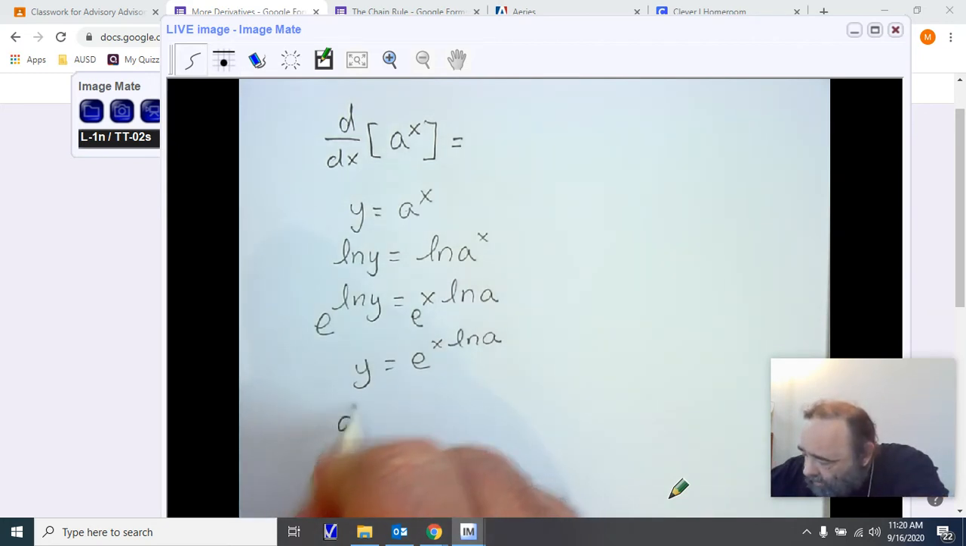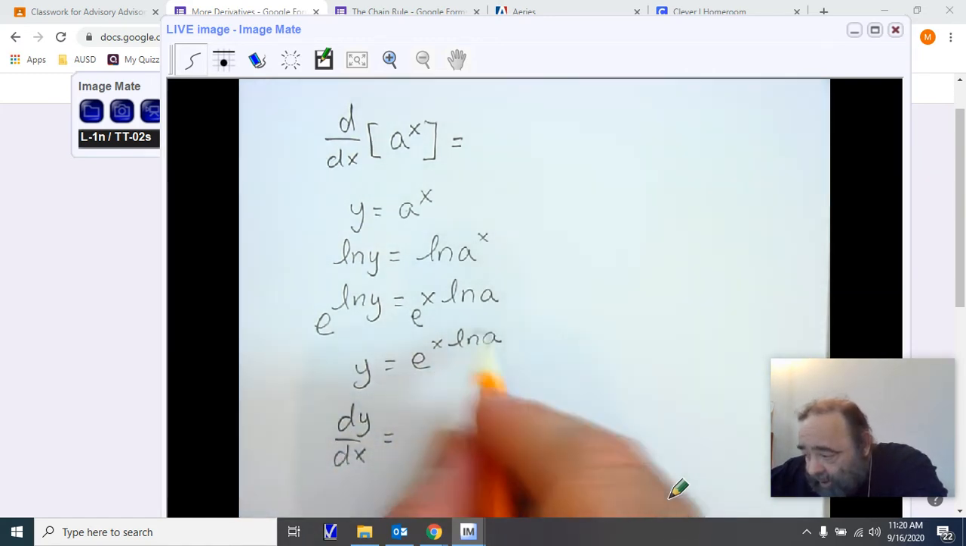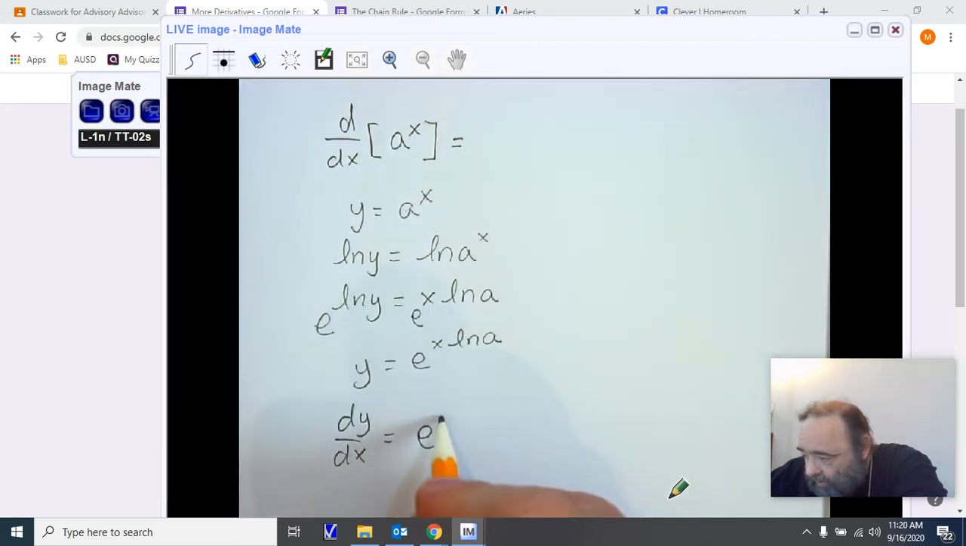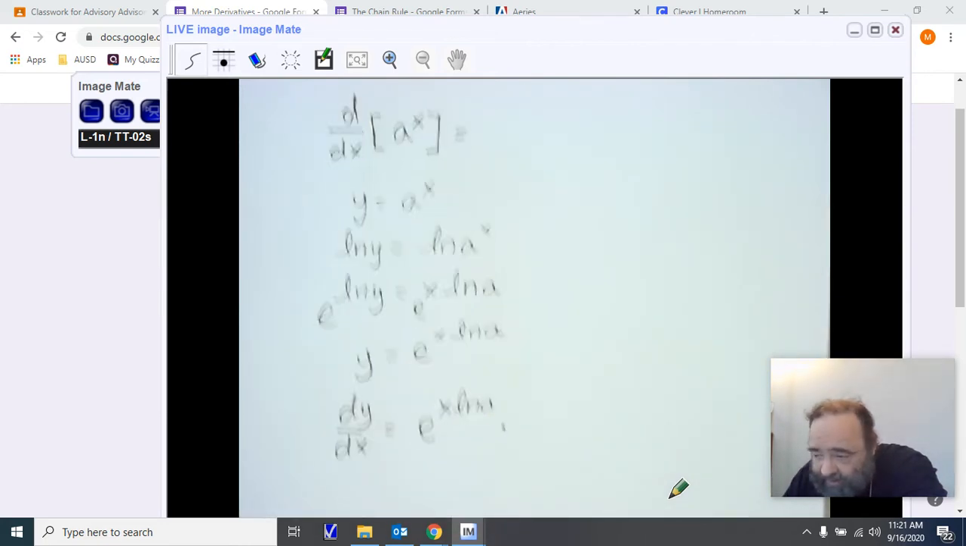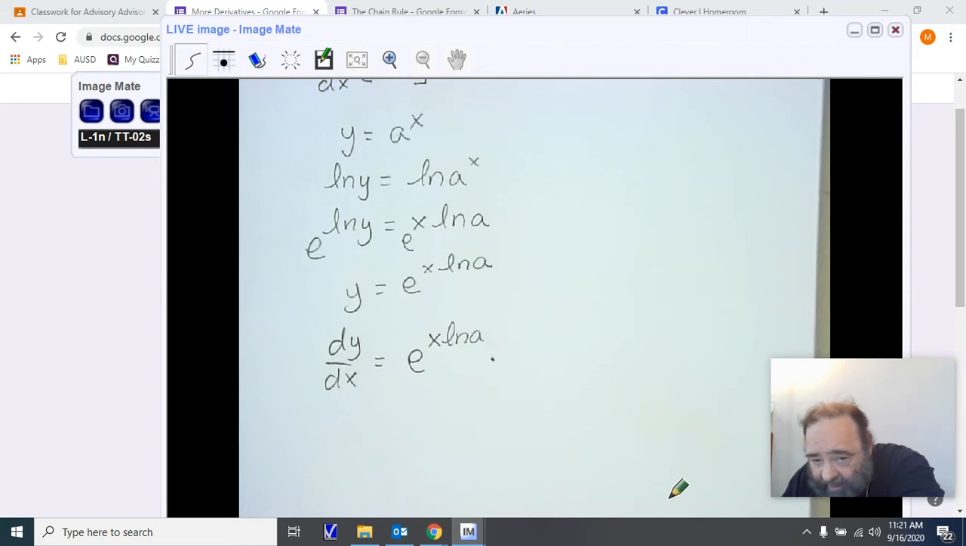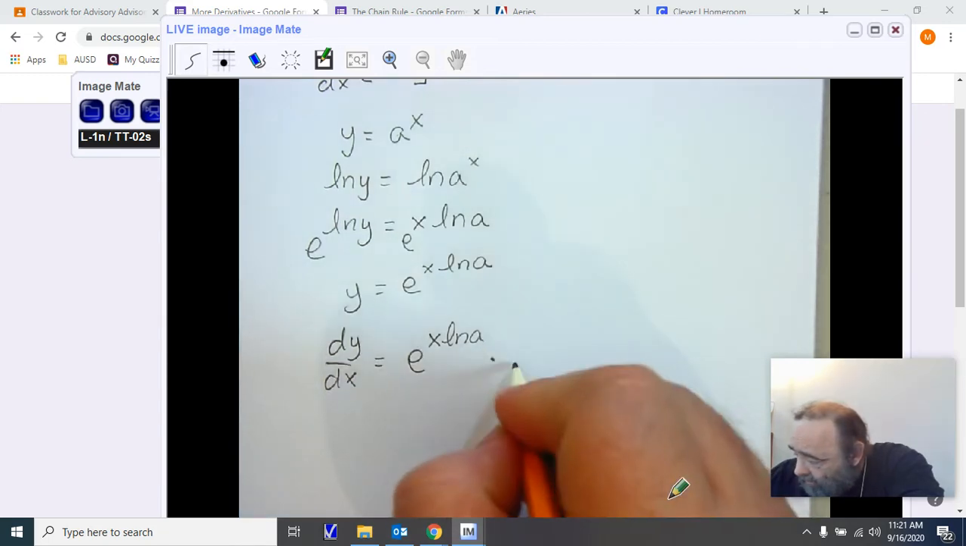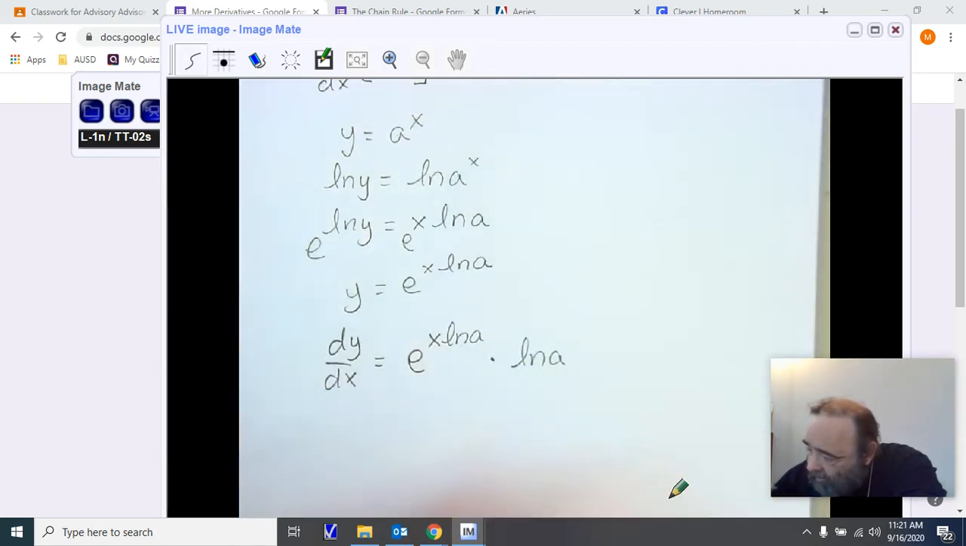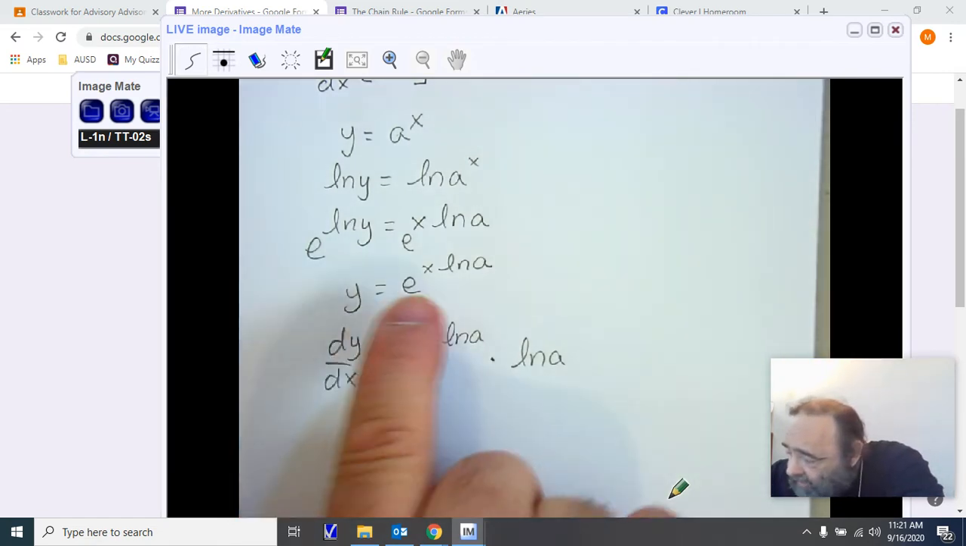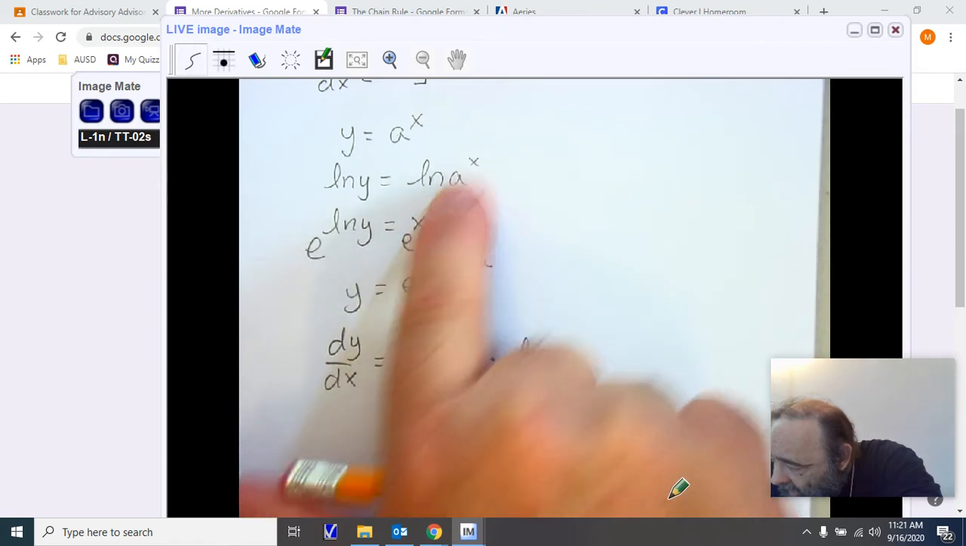So we're going to start with our dy dx and follow the chain rule. This is e to itself times the derivative of the inside piece. The derivative of that inside piece is the natural log of a, and the natural log of a times x, where the natural log of a is just a constant for a linear. We get that. Now, we already know that our x ln a, or ln a to the x, is